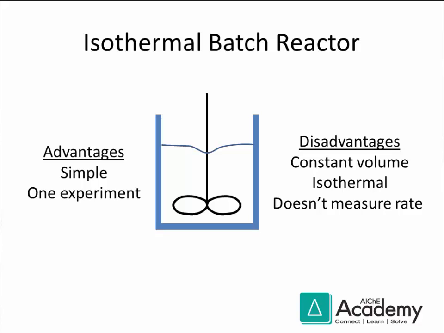Also, the reactor contents may not be truly isothermal, especially if you are controlling the temperature with a simple constant temperature bath. But as we shall see, the biggest disadvantage is that this configuration does not allow you to directly measure the thing you need, the rate of the chemical reaction. In subsequent videos, I will discuss alternative approaches, but isothermal batch reactors are used most often for obtaining kinetic data,